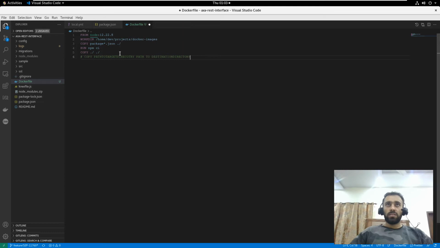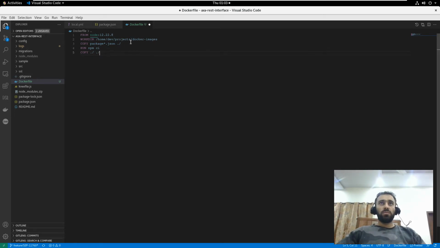So this is the main syntax of the copy command, and that is exactly what I have done here. And after all the code from here is copied to docker images, I will move further, and now what I will do is